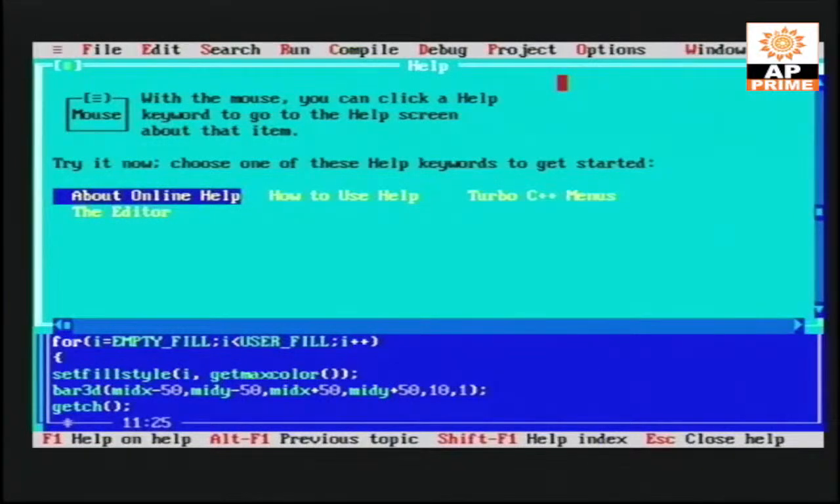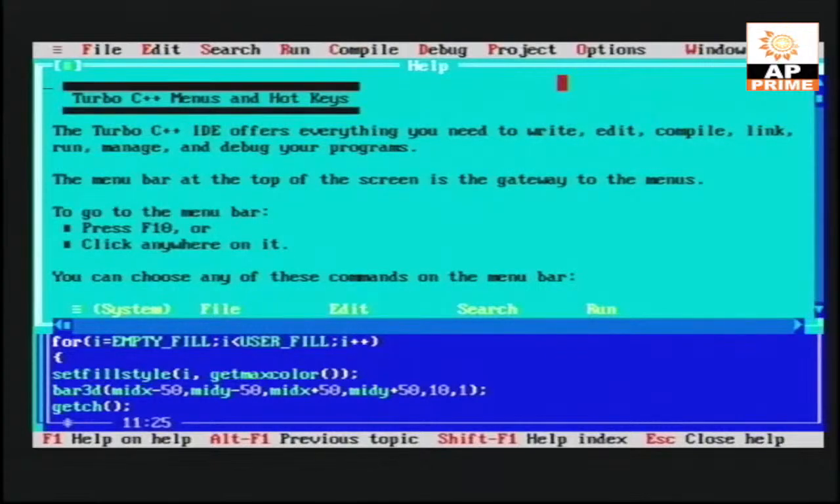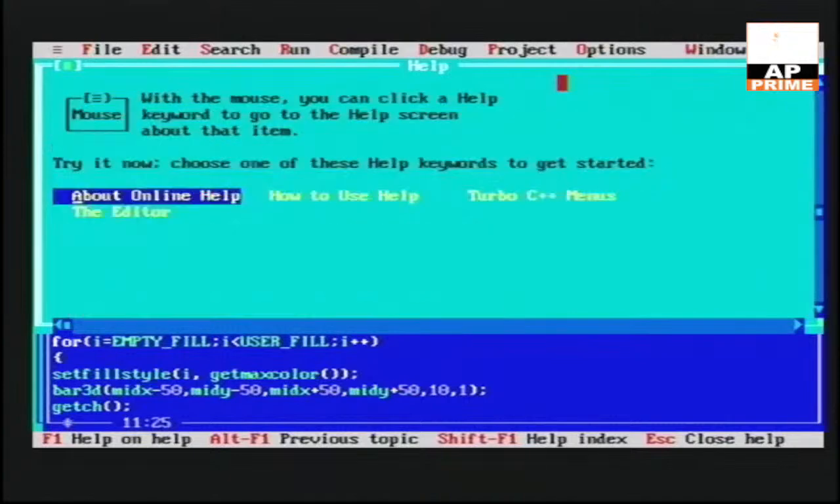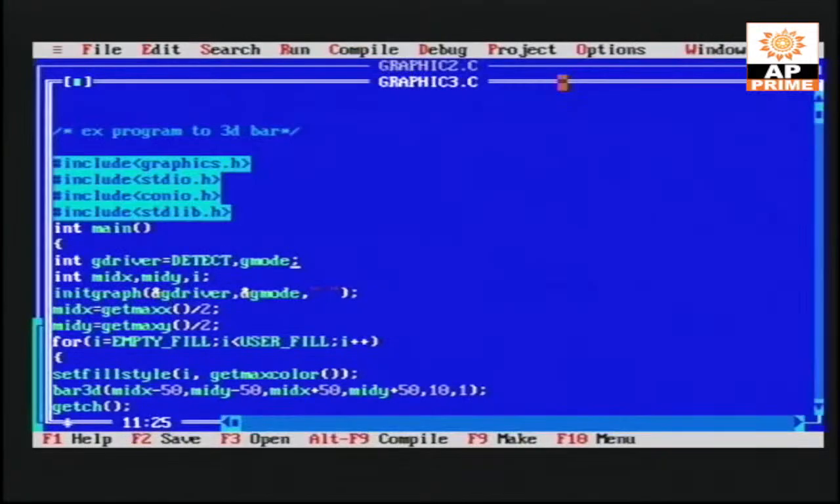Empty fill, you have empty fill. Now I want to go here, F1 button, graphics.h. First I want to go for Control F1,